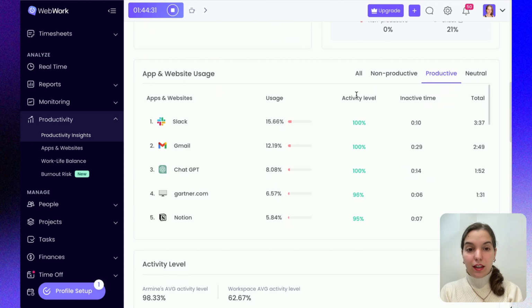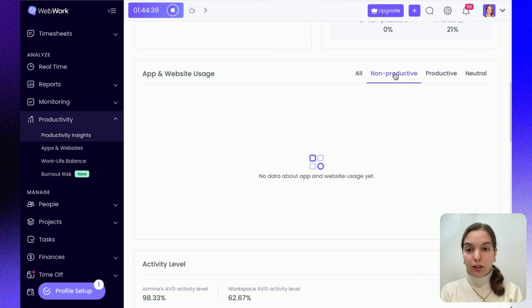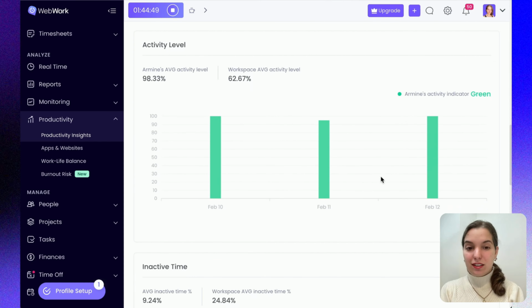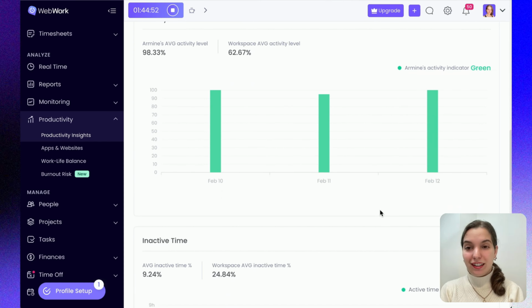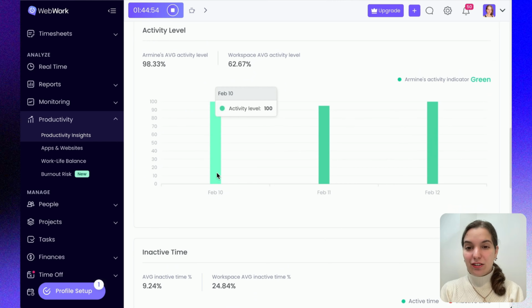So you could see the activity level, the inactive time spent, the total, and these are for the productive apps. Although you could also get a look specifically at the non productive apps, and no data means that she has not been using any non productive apps whatsoever. So I guess she is pretty much our star employee for today. Here you could see her